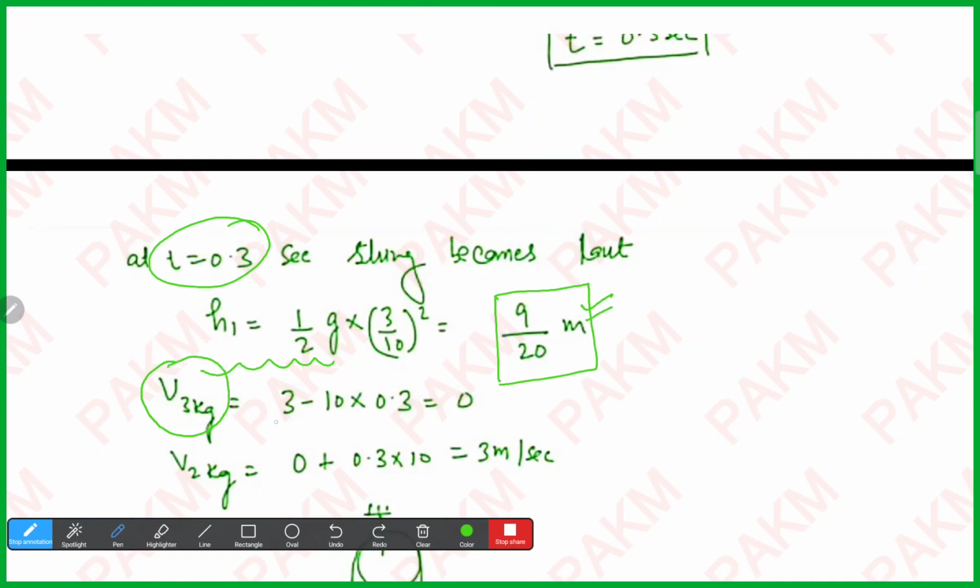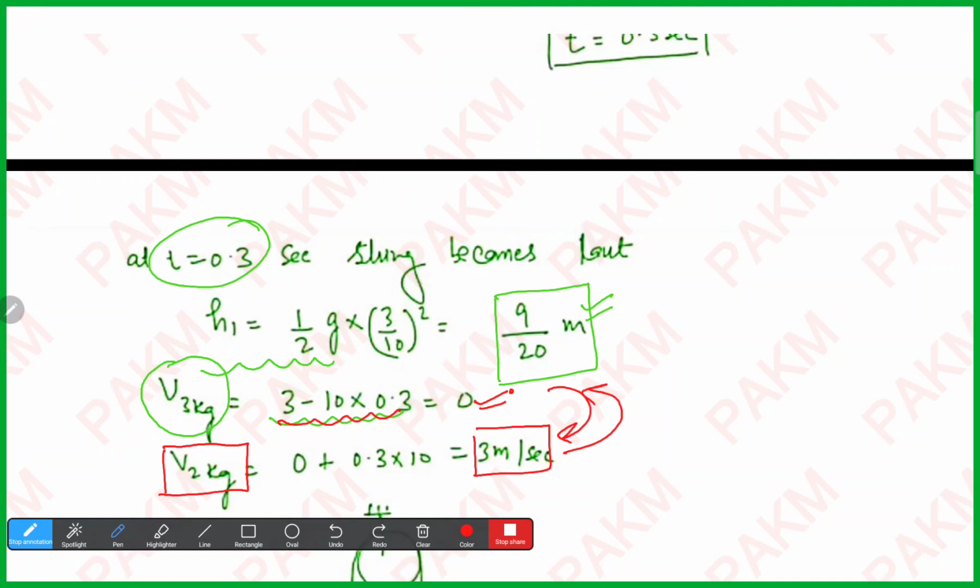So here for the 3 kg, V is equal to U minus gt, so that will be 0. After traveling this much distance, the final velocity of the 3 kg becomes 0. And what will be the final velocity of the 2 kg? It will be 3 m/s after 0.3 second. So here we can say velocities get swapped with each other. Since the 3 kg velocity is 0, it will be